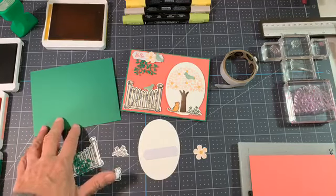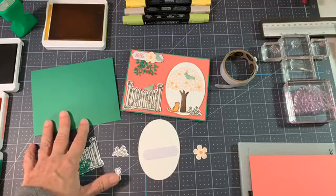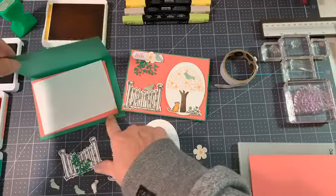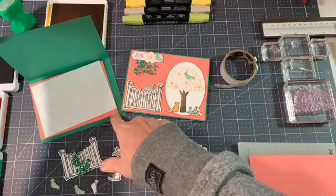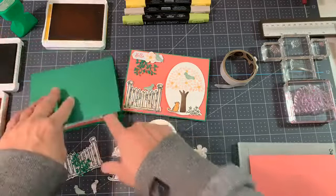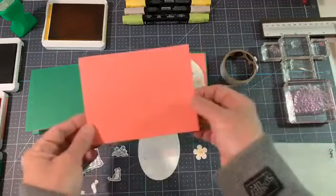My base today is Call Me Clover, and it's at 8 1/2 by 5 1/2, scored at 4 1/4, so it will open like this. My base for the inside is Flirty Flamingo at 5 by 3 3/4, and then regular Whisper White right here at 4 3/4 by 3 1/2. Now my outside layer is Flirty Flamingo right here,